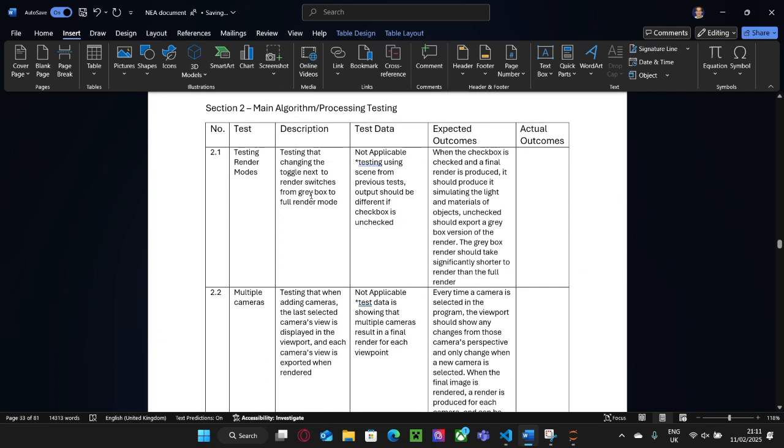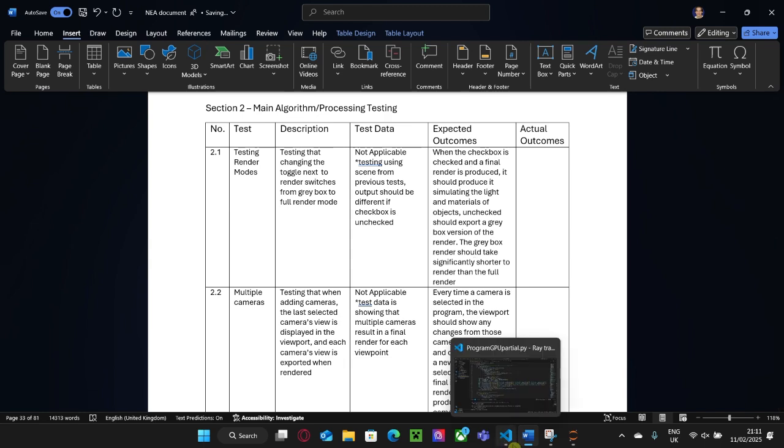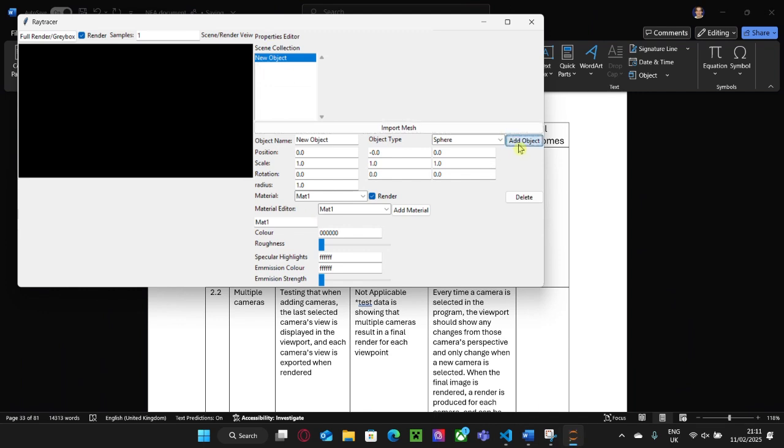The next section is section 2, which is the main algorithm/processing testing. The first test here is simply testing that changing the render modes will result in a different image. We don't care about what it will result in, just that it produces a different image showing that it uses different processes. So if I actually add something to view the scene with by adding a camera